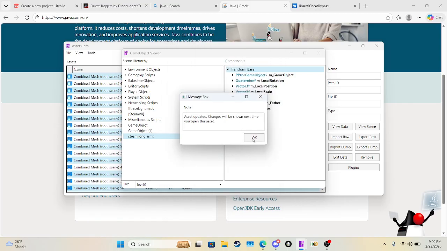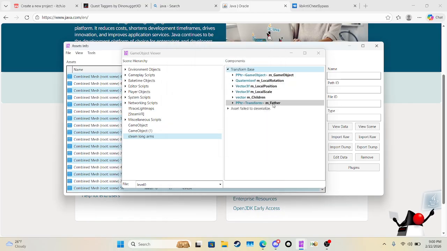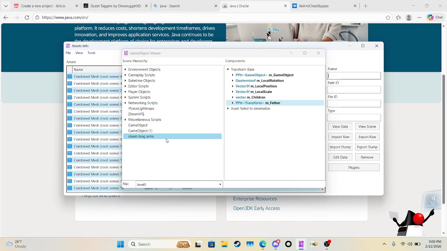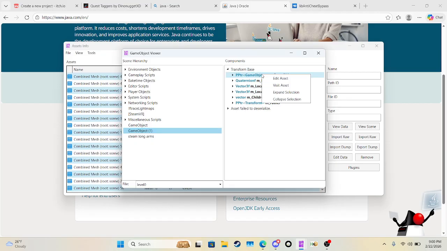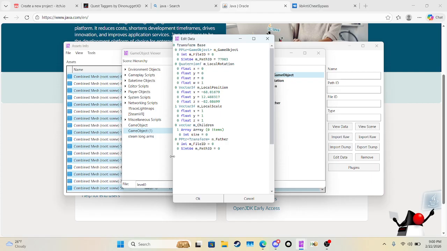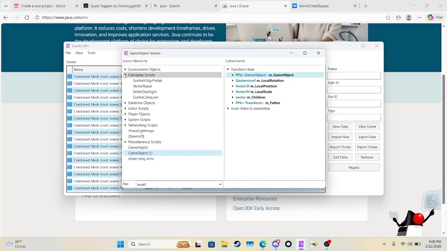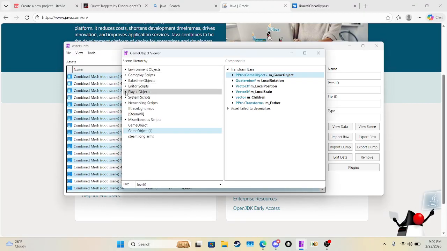Okay, so it's not there. Alright. Well, for some reason it's not there, but so game object, you would click on a random game object, and then game object, edit asset. Well, for some reason it's not working. I don't get why. Let's just go over to my player,